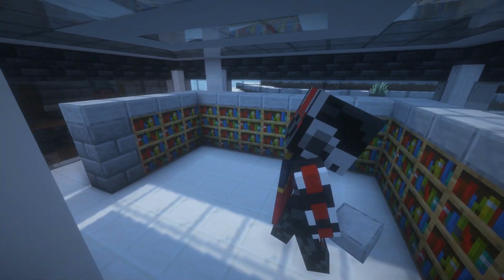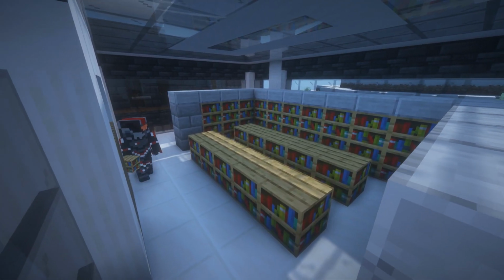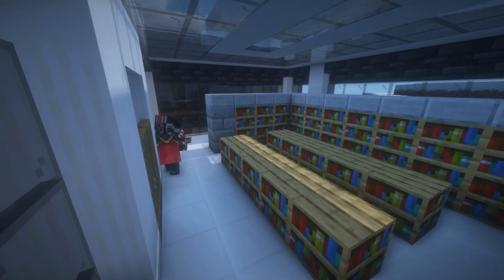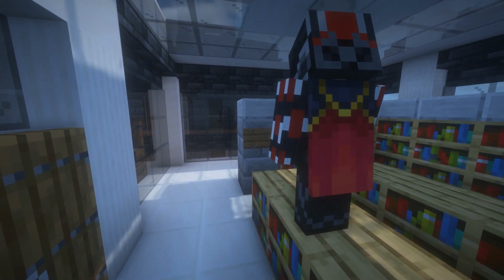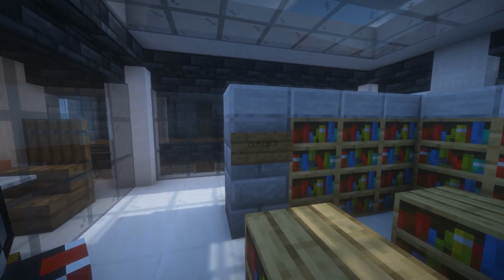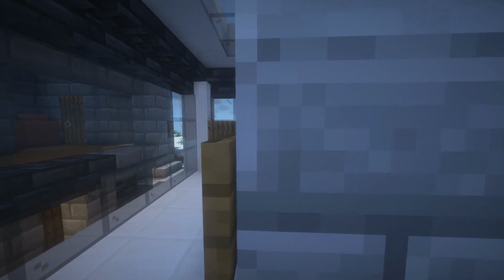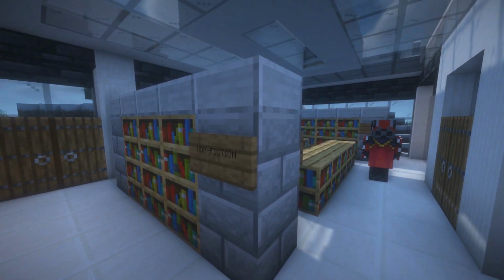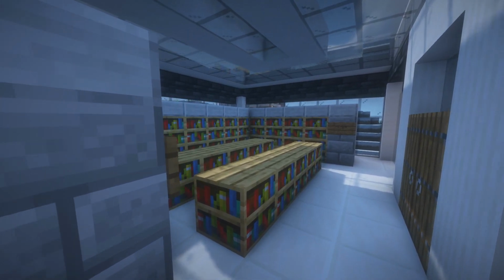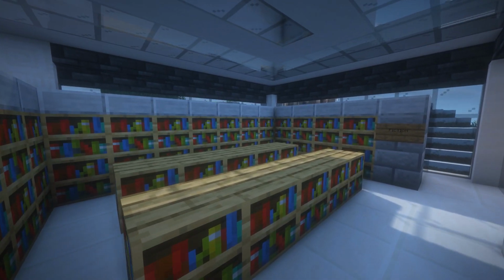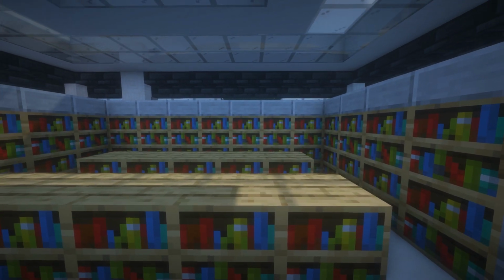Oftentimes when I go into bookstores, you'll have these giant bookshelves on the perimeter of the room, right? But here, obviously, I had the windows, and I didn't want to compromise that, so I put the bookshelves more toward the center and left a little area so that you're able to walk around. I also labeled all of them as a little bit of flair, right? Your different genres,